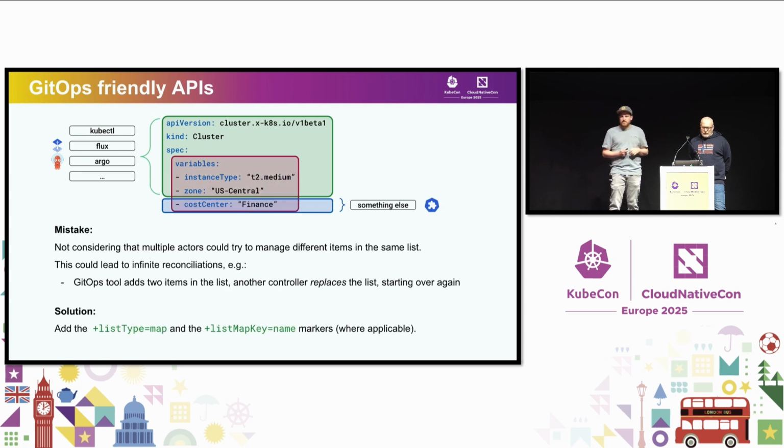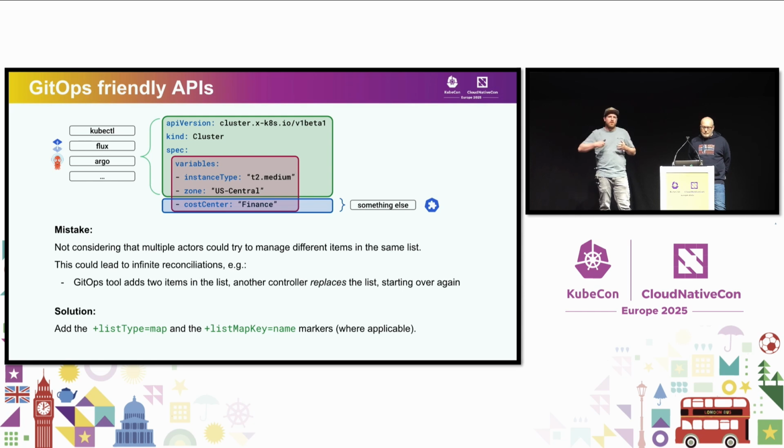By default, this list is treated as atomic, so both sides, the controller or the GitOps tool trying to sync the source to the target object, would always try to just set the instance type and the zone fields here, while our other tool, like a controller which wants to just set a cost center field, adding to that field, just fights with our GitOps tool, and then we end up in infinite reconciliations, which costs performance, costs resources, and it's just not good. The solution here is setting the list type and list map key